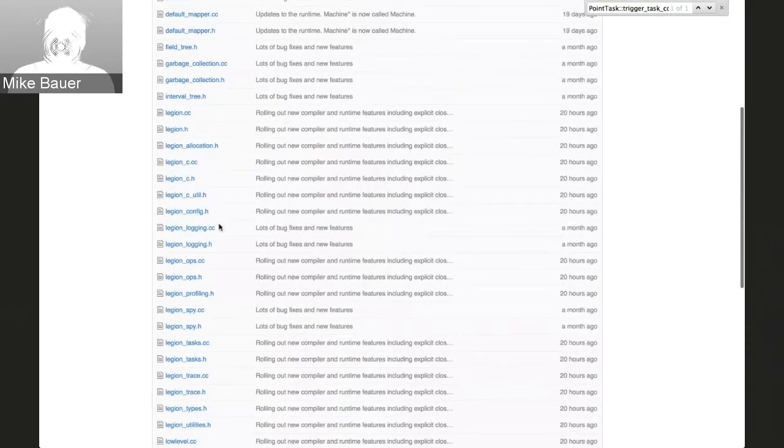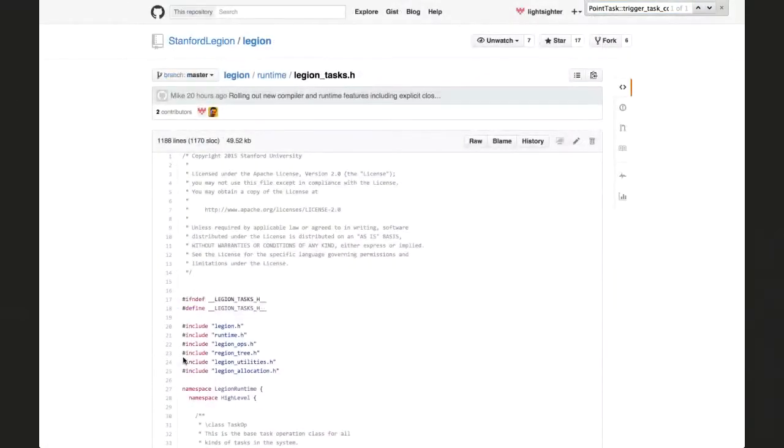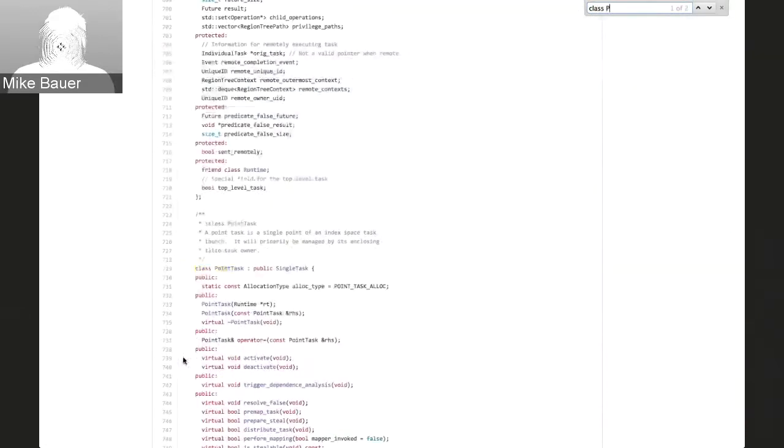Just to show you, I want to show you where this slice owner is declared, because it's actually an important member variable for these different tasks. So if I jump to Legion tasks.h and I search for class point task,